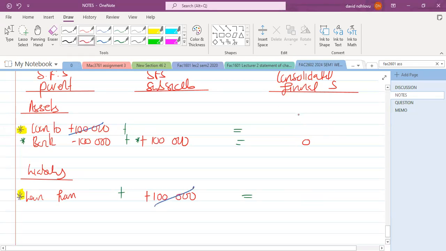Right, so that when we are looking at this transaction, there is nothing that is remaining in the statement of financial position concerning an intercompany loan. This is simple because at group level, when we combine the two companies, we recognize transactions with outsiders outside the group. Right, so we are saying a company within itself cannot transact, and we look at the consolidated financial statements as that of one company.